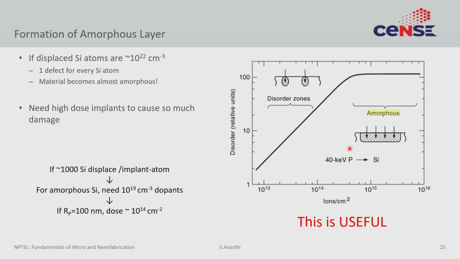So, there must be some dosage at which you have bombarded so many dopant atoms that all silicon atoms have been displaced from their position. And when all silicon atoms have been moved from their position, what you essentially have is not crystalline silicon, but amorphous silicon. That is what I am trying to show visually here. At lower dosages, you are creating these relatively large disordered zones, and at high enough dosage, these disordered zones will start overlapping to a point where there is a continuous disordered zone, and that continuous disordered zone is essentially amorphous silicon.